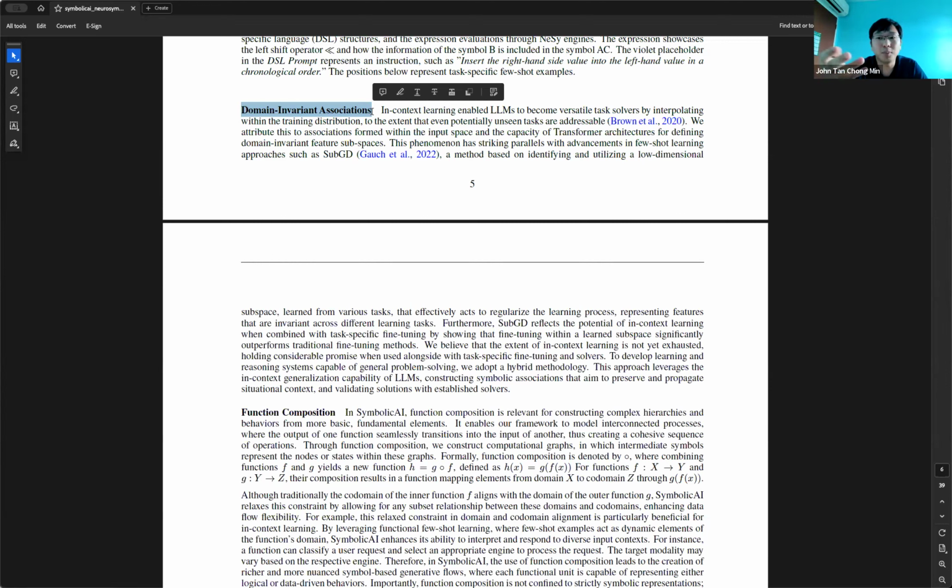Like for example, images could be pixel space, object space, and so on. So how I treat this is something like a mapper. It maps from some input into a space that is semantically meaningful for your problem. Is that more or less what you were describing? Exactly. So that's the domain invariance, if you want.